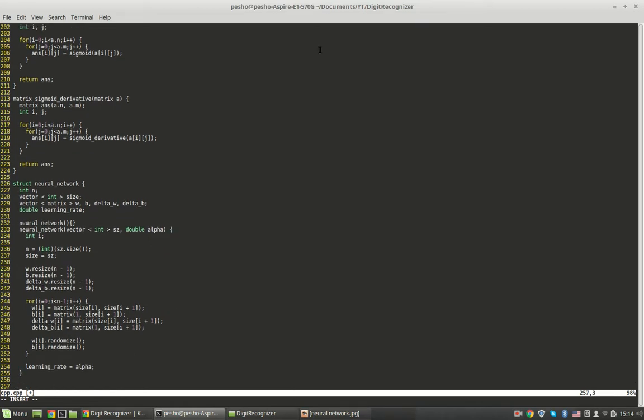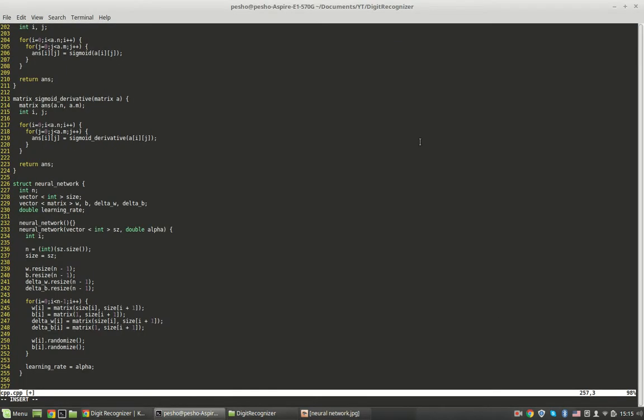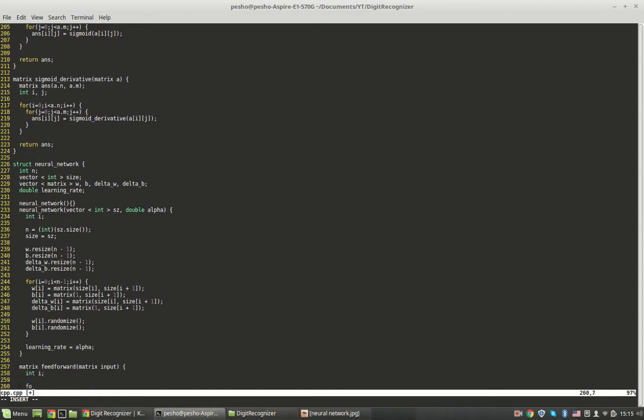Now the first thing we want to do is the feed forward function, which takes the input layer, goes through all these operations we mentioned earlier, and returns the output layer, the result of our neural network. So it's pretty simple. Matrix feed forward input. Okay, so we go through all layers,